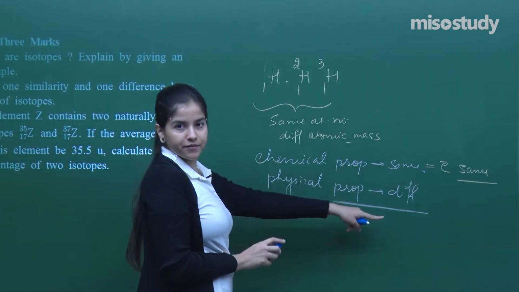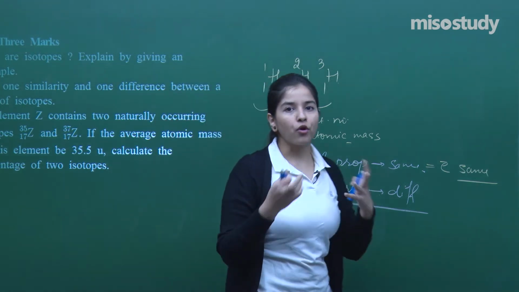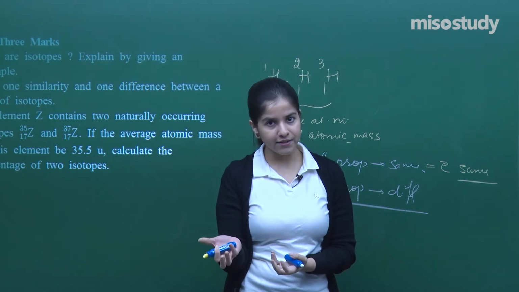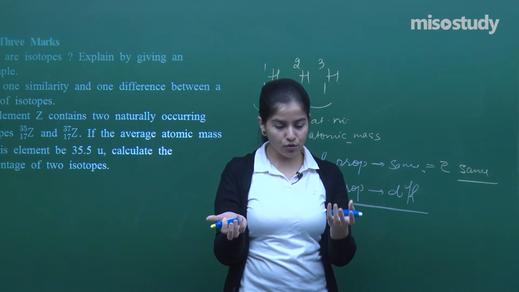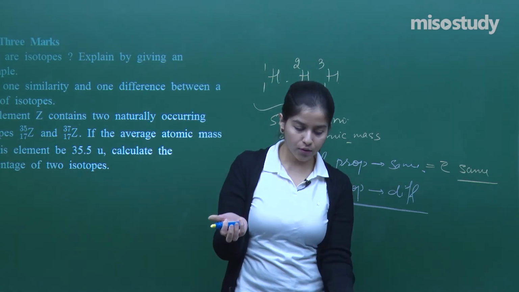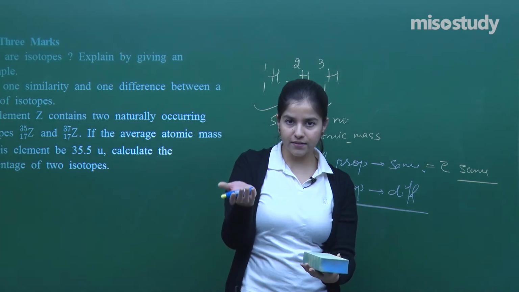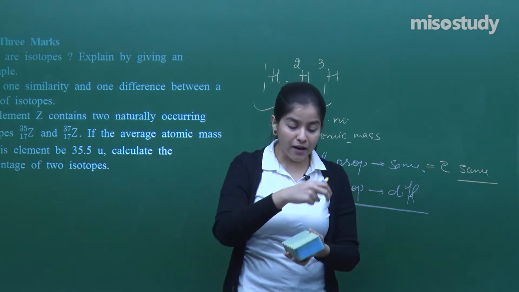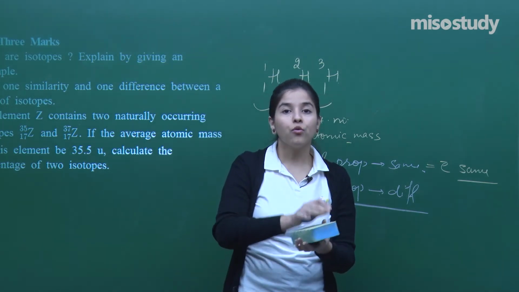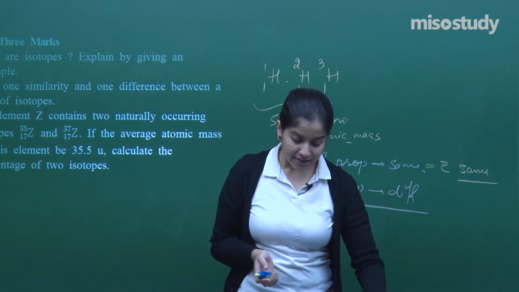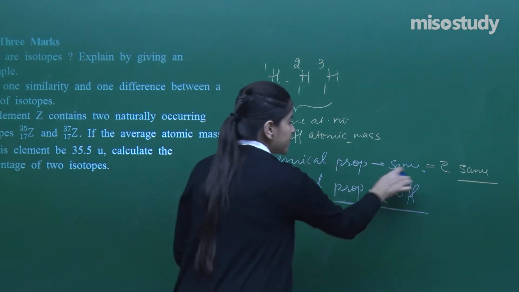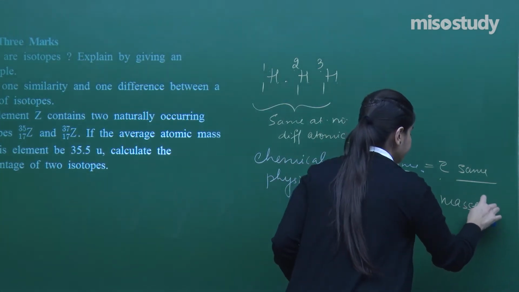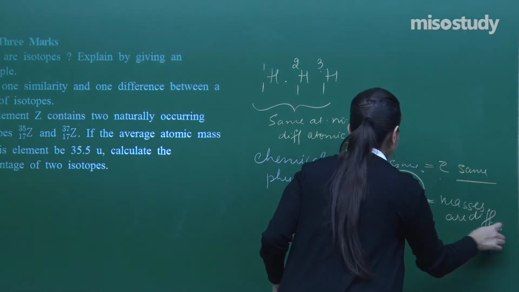But the physical properties are different. Now physical properties, just like melting point, boiling point, of whichever substance. See here, I have got one element which is of lighter weight, and I have got one element which is of heavier weight. Let's say this is heavy and this is light. So which will have more boiling point? The heavier one. I will need a lot of energy to boil this substance off as compared to the lighter one. That means physical properties will be different because the masses are entirely different. Got it? So this was an important part which you need to remember.